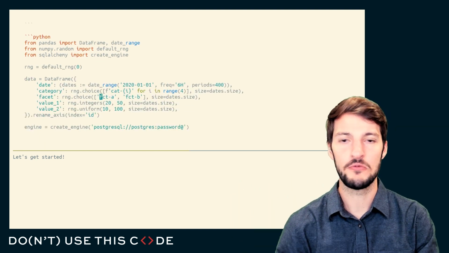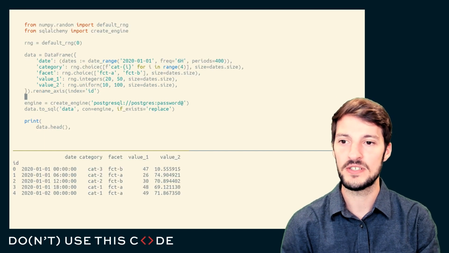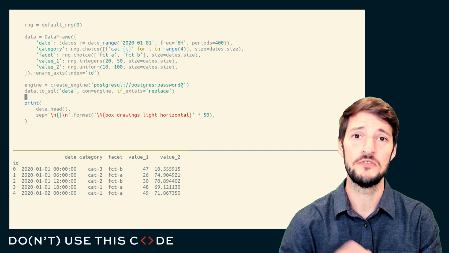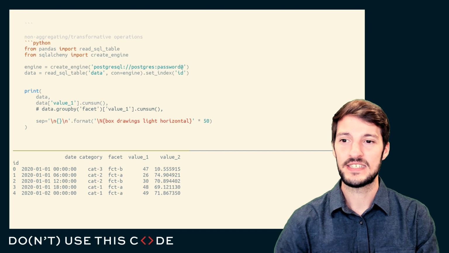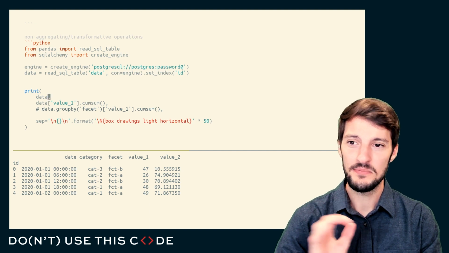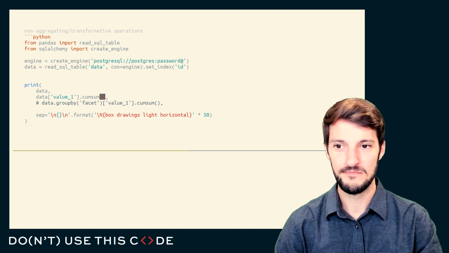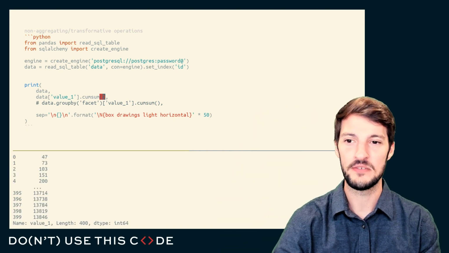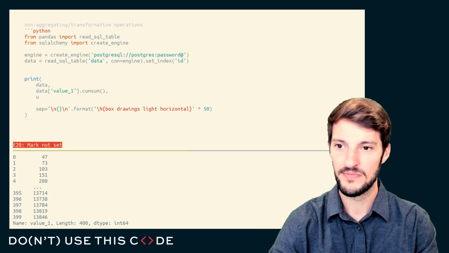So let's go ahead. We're going to create a new table here, and let's populate it with some values. Again, we have dates, category, facet, and then 2 numeric columns. In our first pandas example, I simply want a cumulative sum of the column. So take our numeric value 1, cumulative sum, all the way to the bottom, and if you can nest that in a group by,